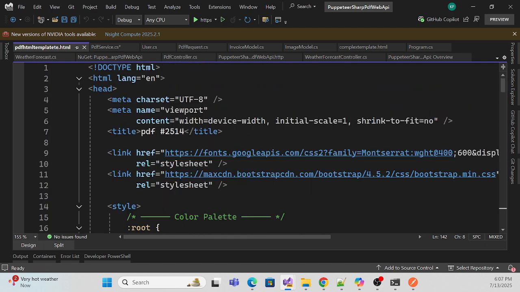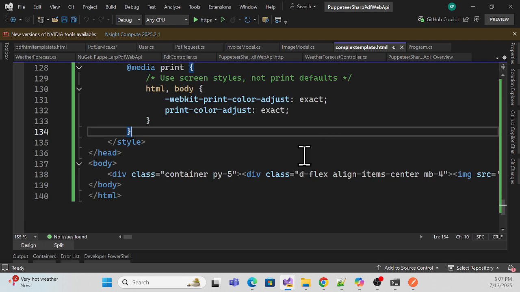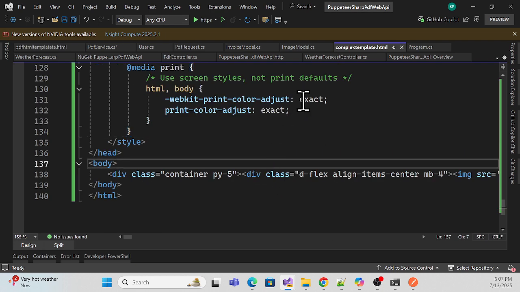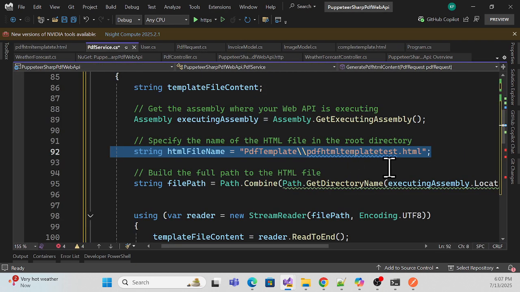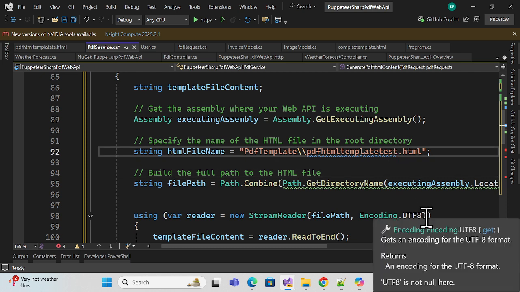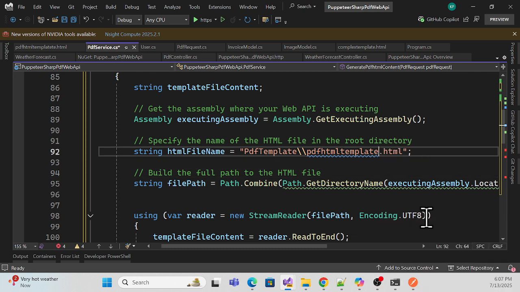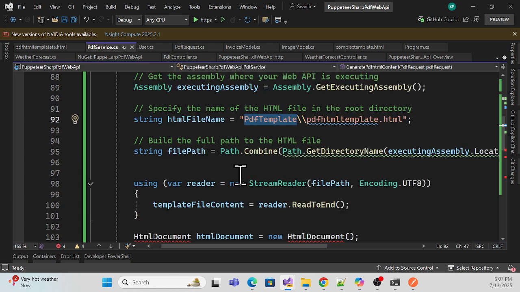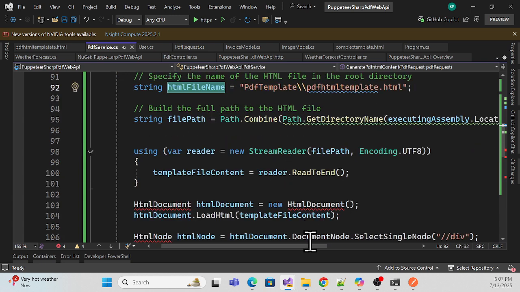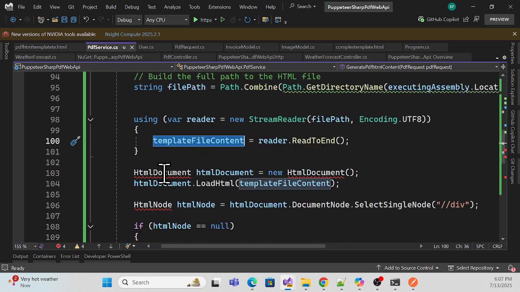So yeah, I think we can use this template over here. Go back to my code over there, and my name would be, yeah, PDF HTML template, and PDF template, that is fine. So for the PDF file name, again we get that path, and we read this template over there, and whatever the template